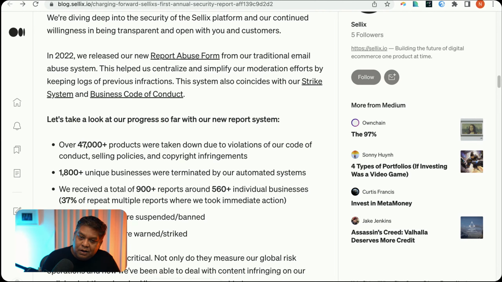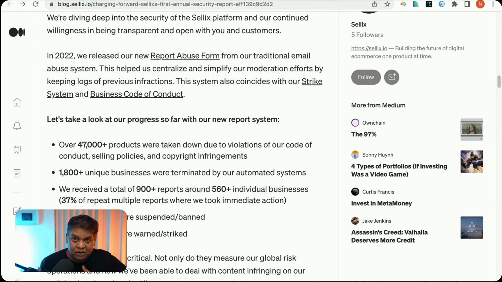I don't know how that compares to something like Etsy or Shopify or Gumroad. We'll have to see, but those are some big numbers. So they must be doing a lot of volume. And if 47,000 products have been taken down, I'm pretty sure there are many more products still online, right?